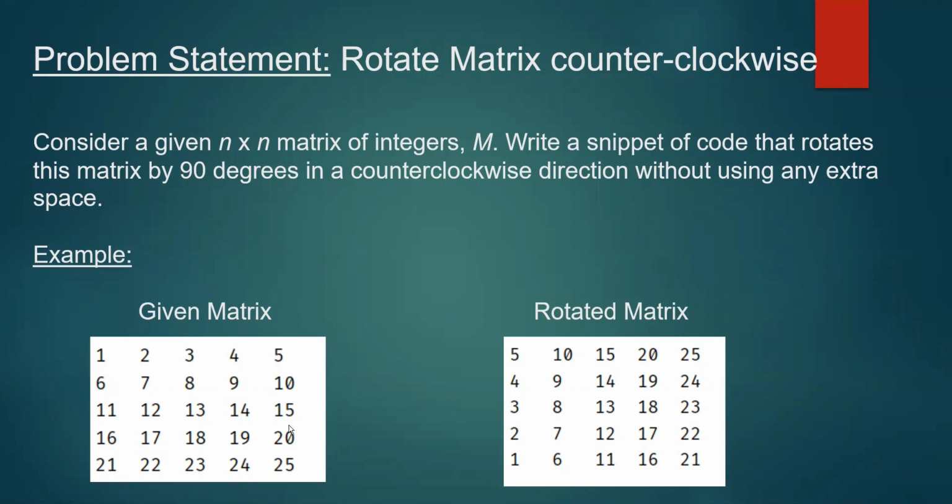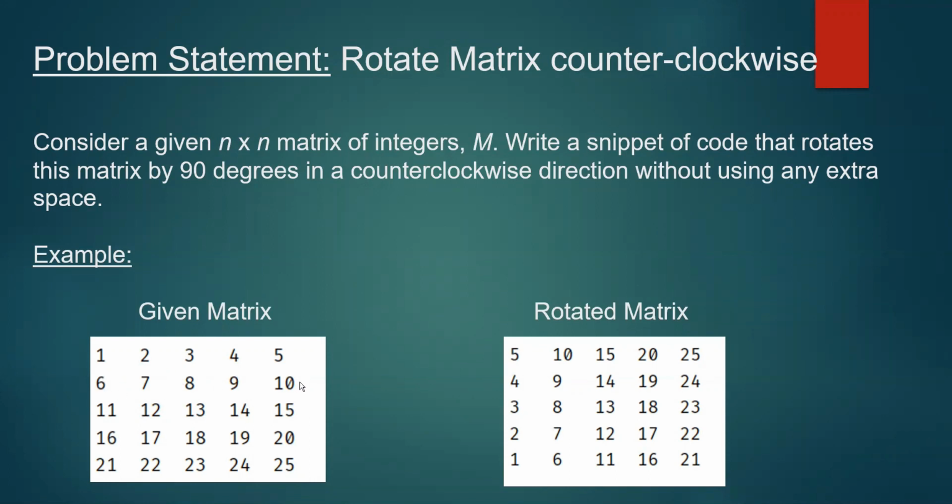You can see the elements of the matrix here, and what it means by rotating the matrix 90 degrees is, let's understand it by taking the first row here, which has 1 2 3 4 5 as elements. When we rotate this row 90 degrees, you can see the output in the rotated matrix. One comes in the last row of the first column. You can see 2 above it, 3 above 2, like this, in the rotated matrix here.